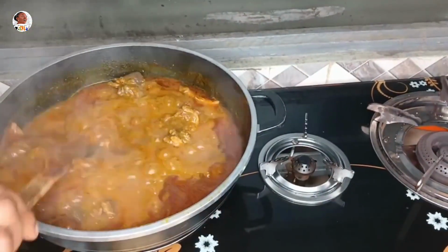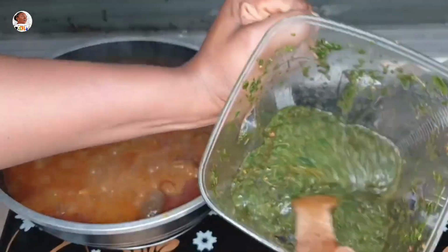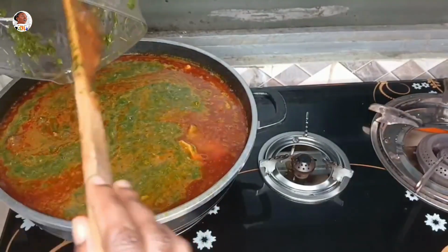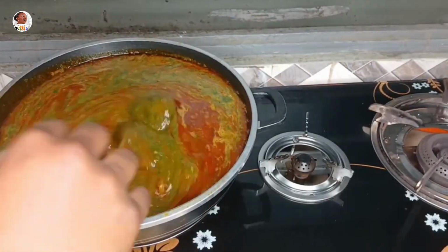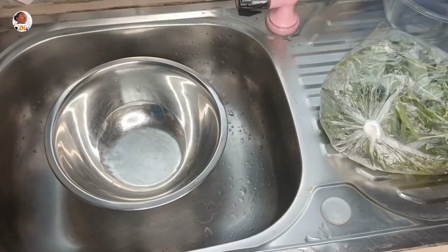Alternatively, if you don't want to serve your ayoyo and your stew separately, which is what those who sell usually do, you can also make it like this if you are eating it at home and want one soup and not two separate things. So after you've made your TZ stew, you can lighten it up, and then add in the blended